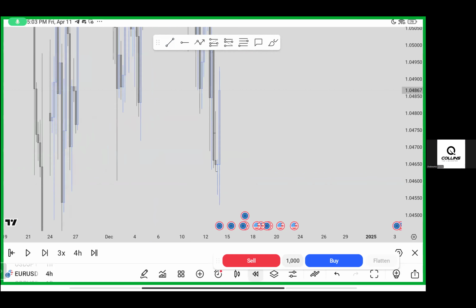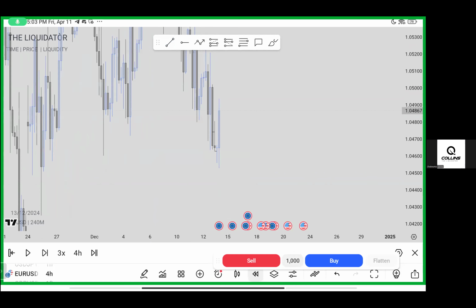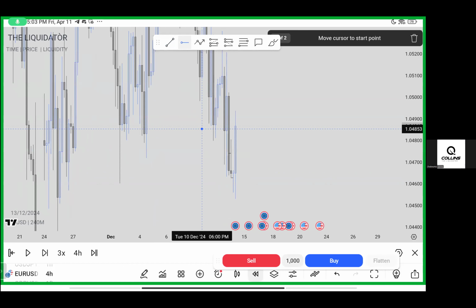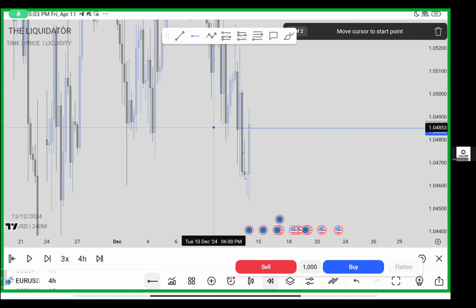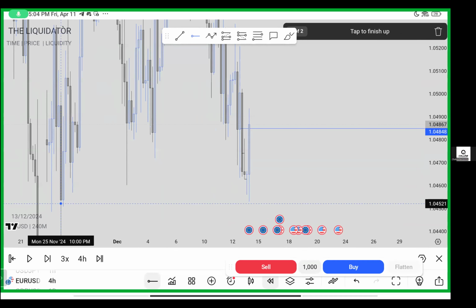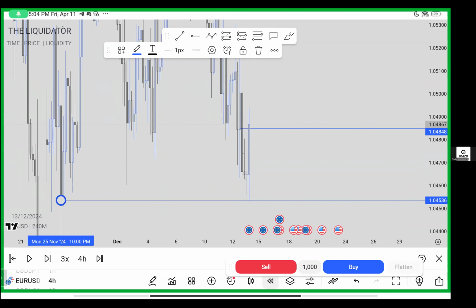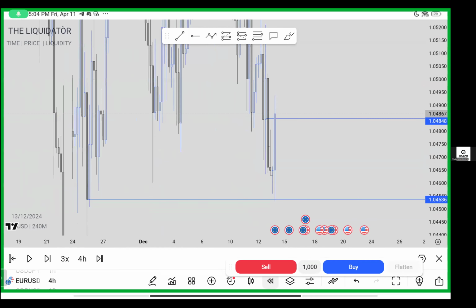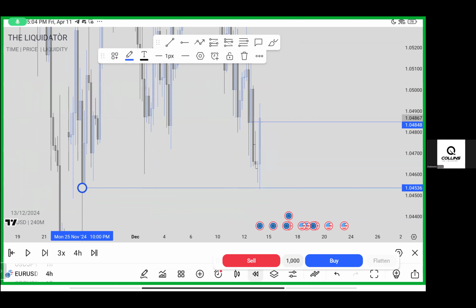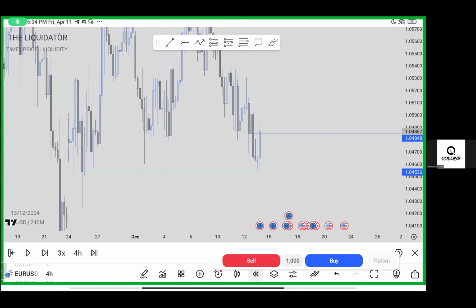Okay, this is the 4-hour time frame. Is there any other block? This was the only other block that was there right here. And if you check, price was reacting from this level. This was a rejection block right here. So we can see maybe price is trying to retrace. Let's go back to the 15-minute time frame to see.